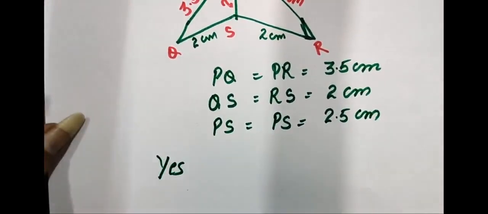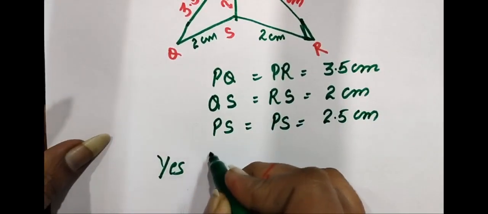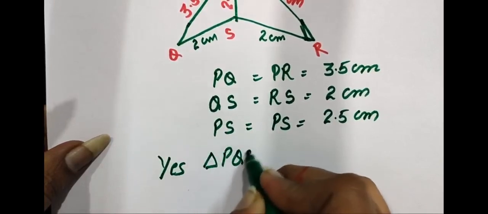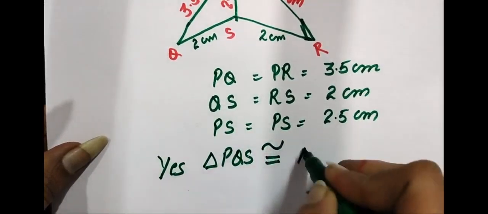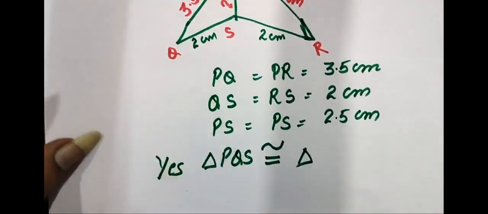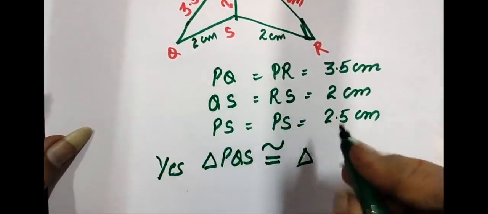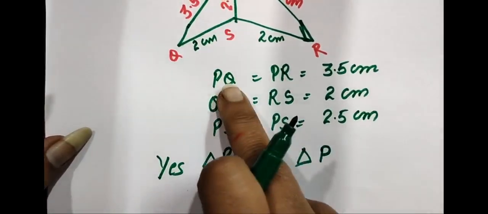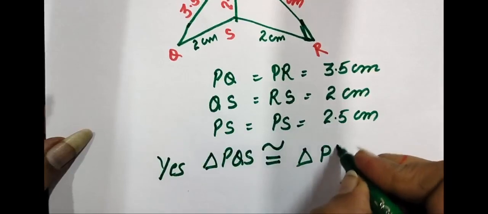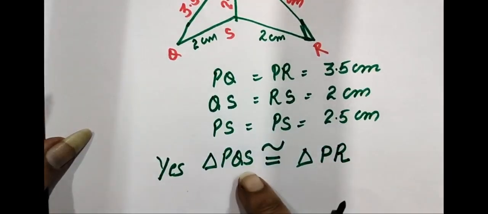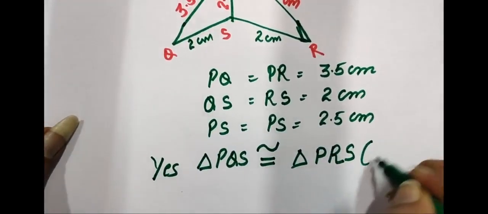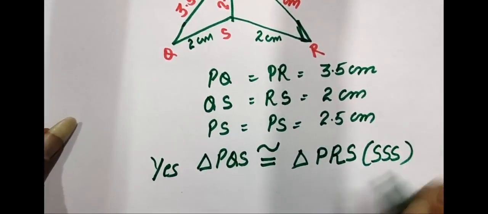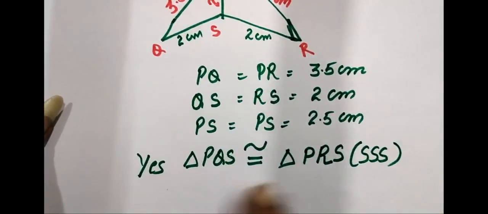So how we'll write down the name? So yes, triangle PQS is congruent to triangle. How we'll write down? Now corresponding parts we need to check. In front of P, here is P. Q, here is R. So we can write down at the place of Q, we'll write down R. And at the place of S, there is S again. So the name of the triangle is PRS by SSS congruence criteria. Here in the symbolic form, we have to write down the corresponding part and the name of the triangles.